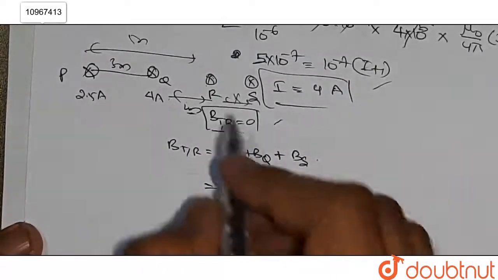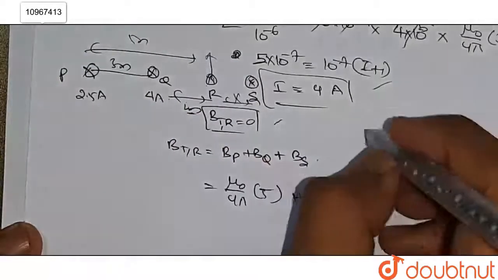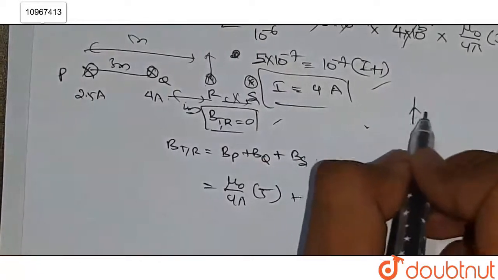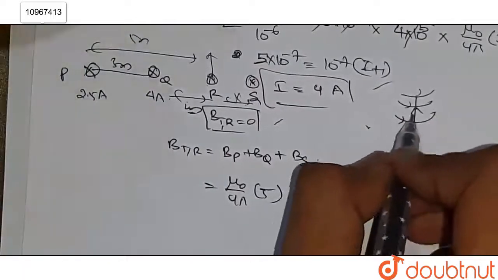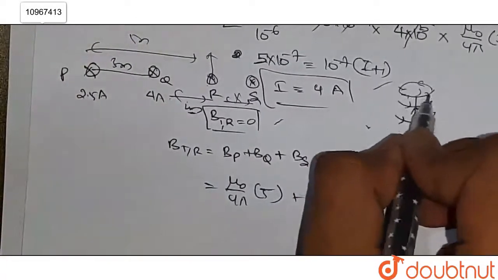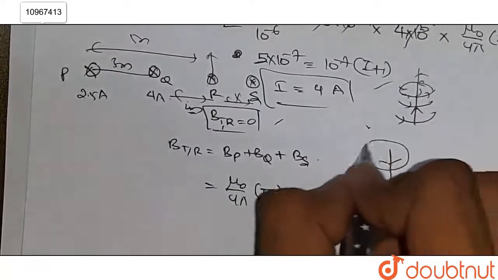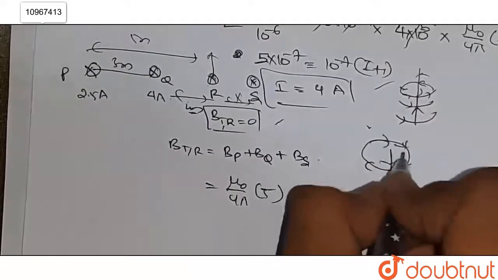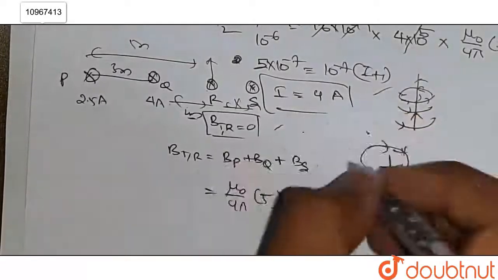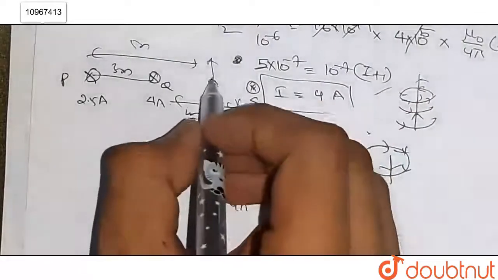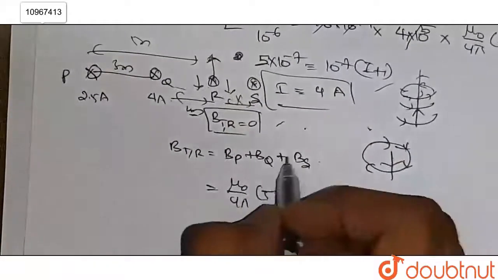Now see guys, because of this the magnetic field will be upwards, right? Apply the right hand thumb rule. If suppose the current carrying conductor is like this, then the magnetic field lines will be like this. If the current is like this, it will be in the opposite direction. This is the right hand thumb rule, so apply here. It is going into the page. Current is inside like this, so in this direction it will be upwards, and because of this it will be like this, like this. So it will have a negative sign.